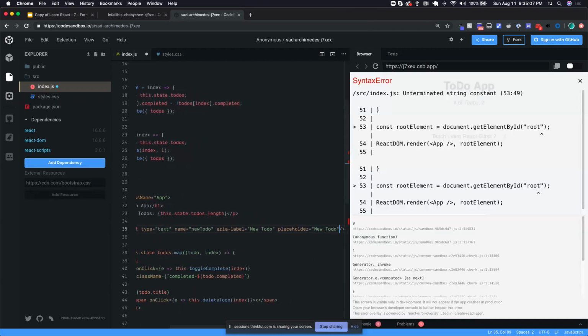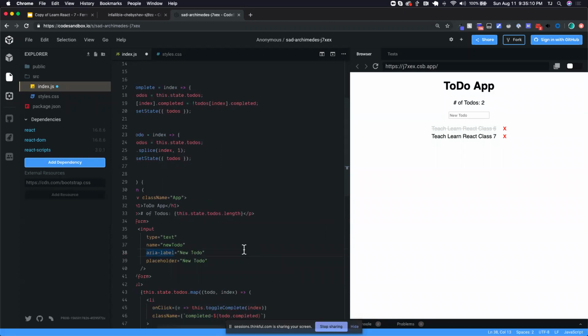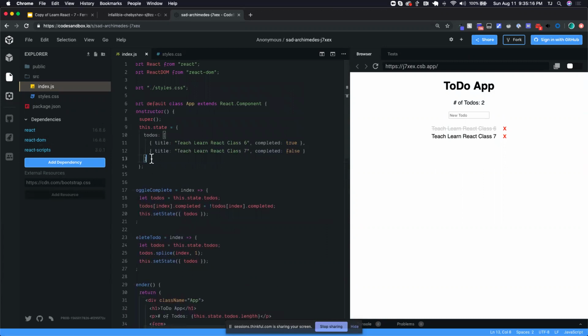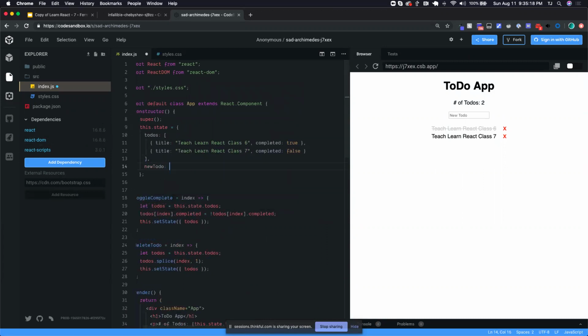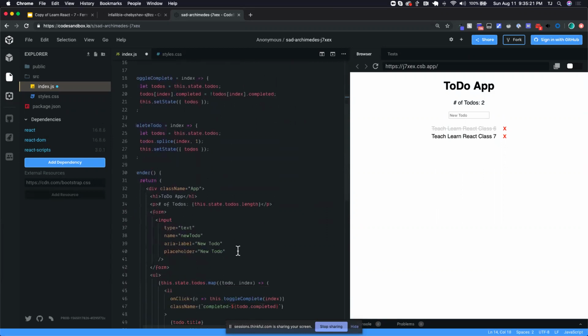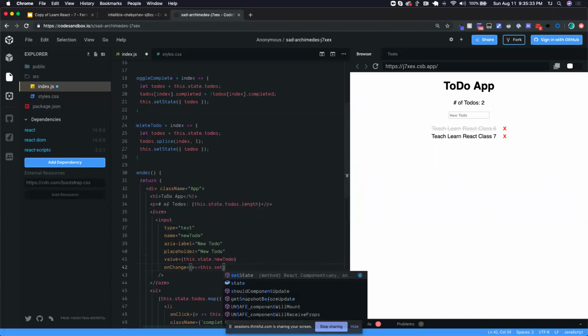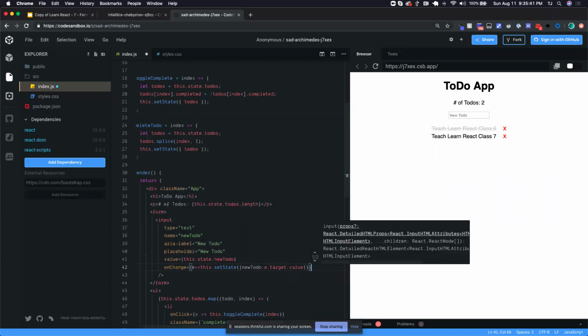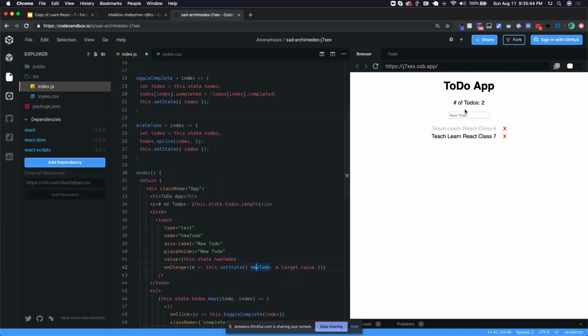New todo. Okay, awesome. So now we've got that, but we don't have any sort of submit event on this form. We're not doing any sort of controlled input, so let's do that. newTodo is going to be a default of an empty string. So let's set the value equal to this.state.newTodo. The onChange event, this.setState, newTodo will be e.target.value. Okay, so now it's controlled at least, so I can type in here and it will actually be updating state,